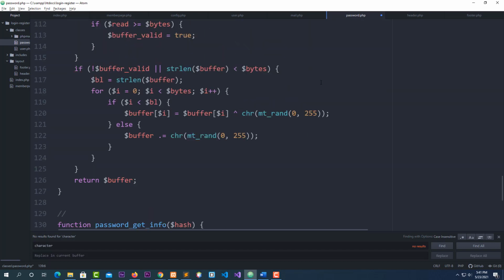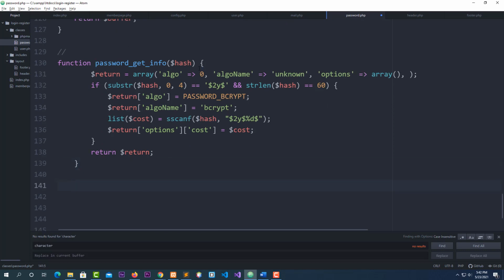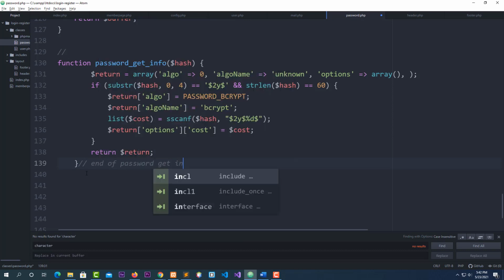I'll go back again for you. Right here, this is the function password get info. This is it, and then end of password get info. Okay, now